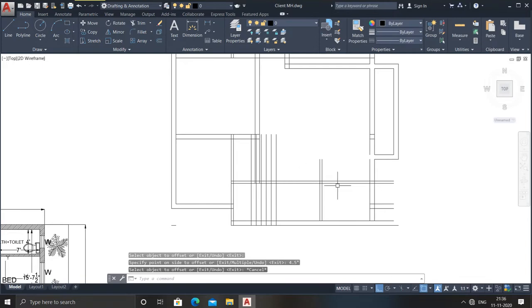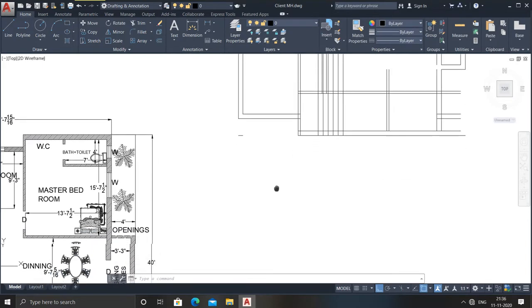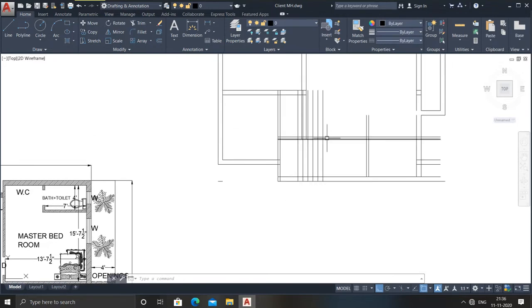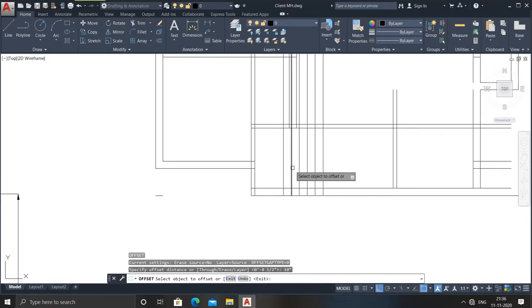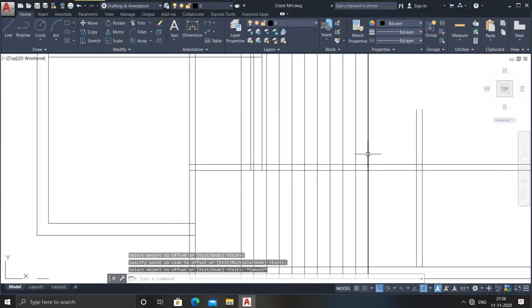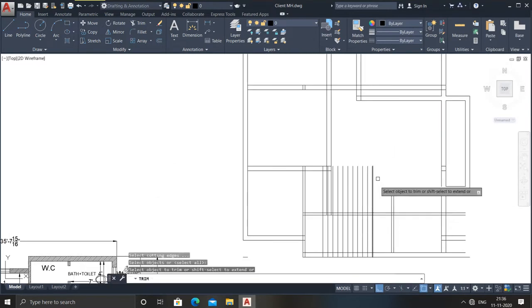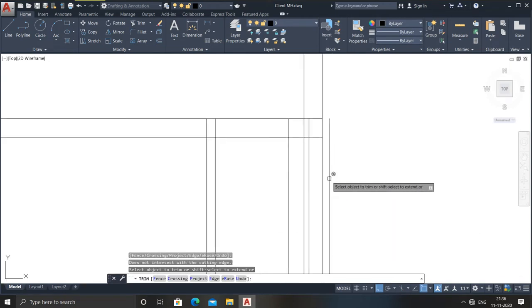After that, what I need to do here, go for offset again of 10 inches. So already 1, 2, 3, 4, 5, 6, 7, 8, 9, 10. Go for escape. I'm telling you, no need to worry. I'm just going to tell you after trimming this all. So I have trimmed this also.